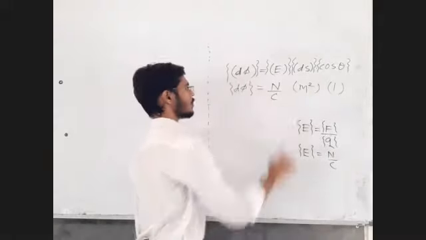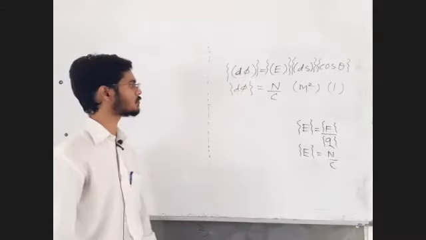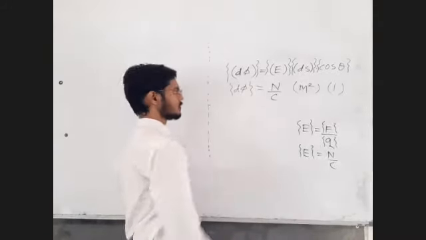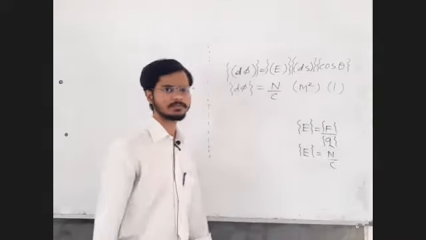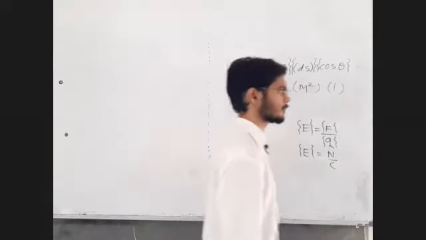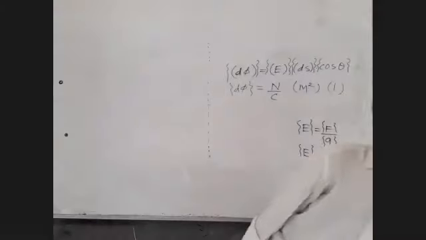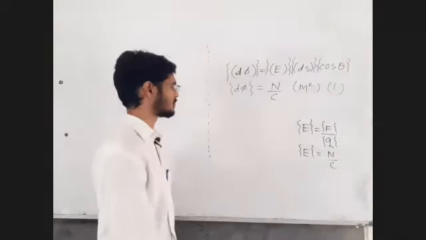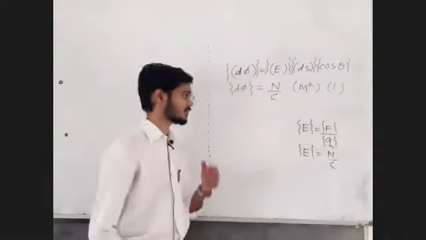Newton meter square upon Coulomb, or Newton meter square by Coulomb. That's it. Okay, what is the unit in terms of fundamental units? Tell me first. I don't want Newton. I don't want Coulomb. I want fundamental units to be there.